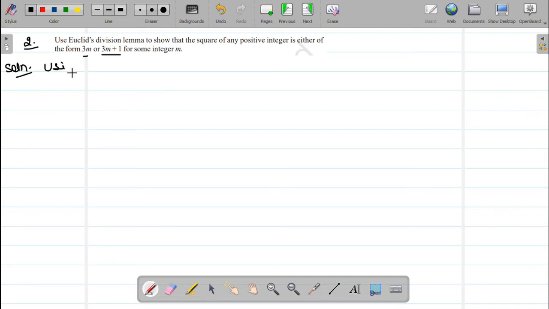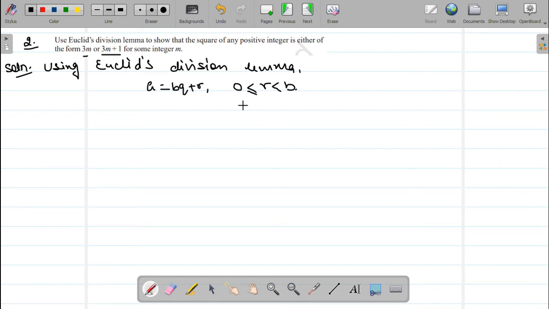So we again start with using Euclid's division lemma. Division lemma, a is equal to bq plus r. Of course, writing this is always important. You have marks for this, that r can be equal to 0 and should be less than b. So here we'll assume b is equal to 3. So the possible values of r, the remainder: if the divisor is equal to 3, r can be 0, 1 or 2. So we have three cases here.